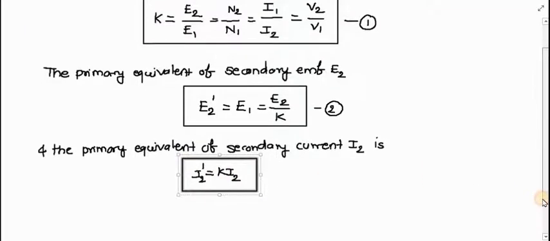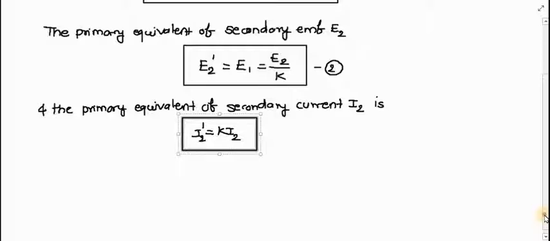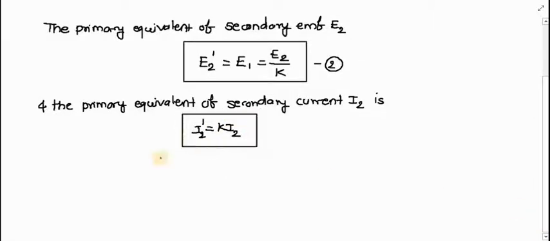Right? If I2 is transferred to the primary side, what is its equivalent current? It is I2 dash. So the current I2 on the secondary side gets multiplied by K if you have to transfer it to the primary side. From the above two equations, therefore, I can write